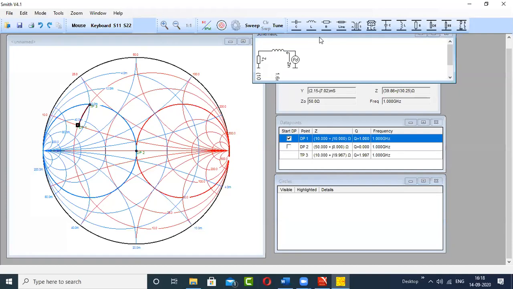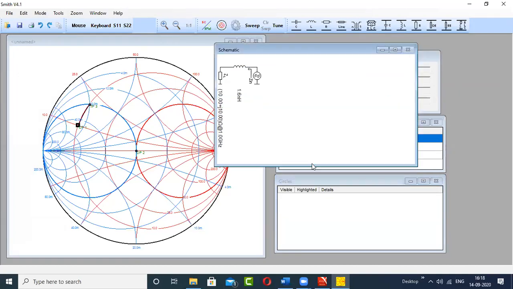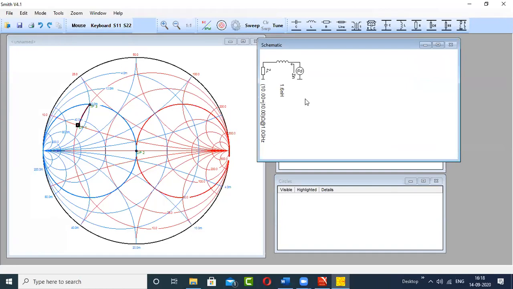Now we'll refer to the circuit diagram here. If you have a similar solution, then the first component should be an inductor, and the value of the inductor is 1.6 nanohenry. Just please check your answer. Have you got the same answer or different? It is 1.59 nanohenry. Okay, sir. And it's 1.6. So it's good.